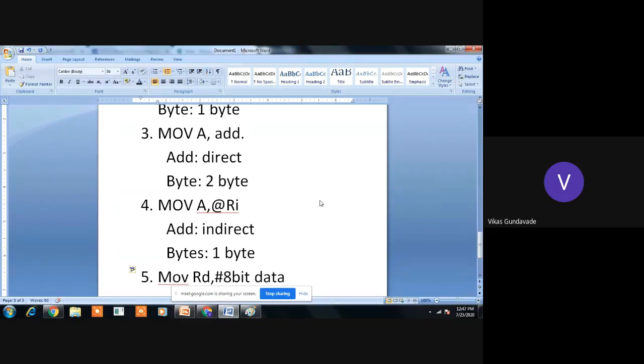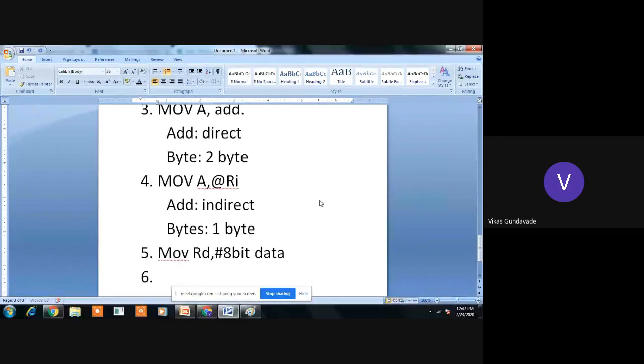Here the 8-bit immediate value will get transferred into the destination register. The destination register may be R0 to R7. Like MOV A, #8-bit data, the addressing mode will be the immediate addressing mode, and the bytes required to store the instruction will be 2 bytes, one for the mnemonic and one for the immediate value.